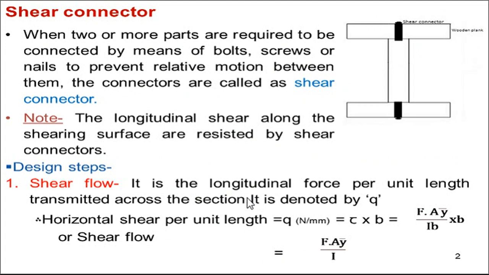Shear connectors are many of the times used for a composite beam, when two separate members are interconnected by the use of screws, bolts, nails also, and for preventing any relative motion and any shear displacement between these two members, we have to provide the connectors. They maintain the proper position between the two members, between the two joints. So that's why the shear connector's role is very important in that case.